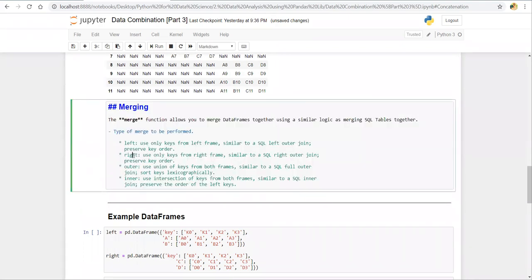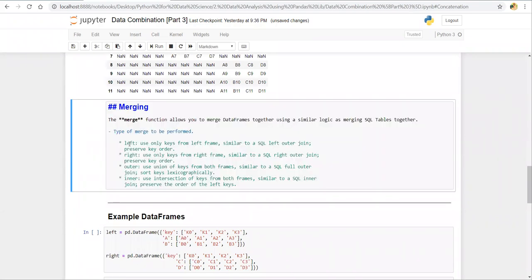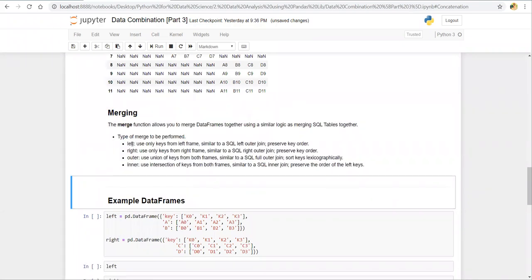So let us start with the first point. Here I am using left, which stands for left join, similar to SQL. Right stands for right join, similar to SQL, and outer stands for outer join, similar to SQL. In left join it returns all the rows from the left table, and returns the records from the right table where the criteria are satisfied.